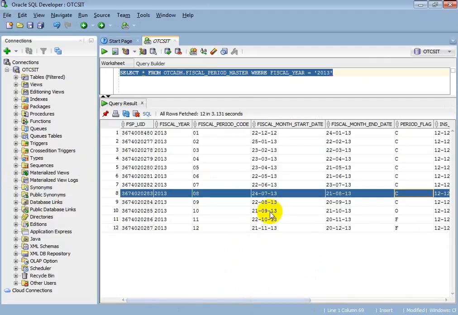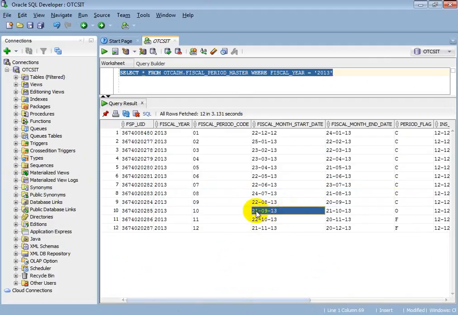The physical month start date is 21st September and the end date is 21st October. So you have to run this feed on 21st October. Then whatever sales data is available from 21st September to 21st October will be populated in the file. If you run for the 11th month, then there will be no sales, since it is a future physical month.